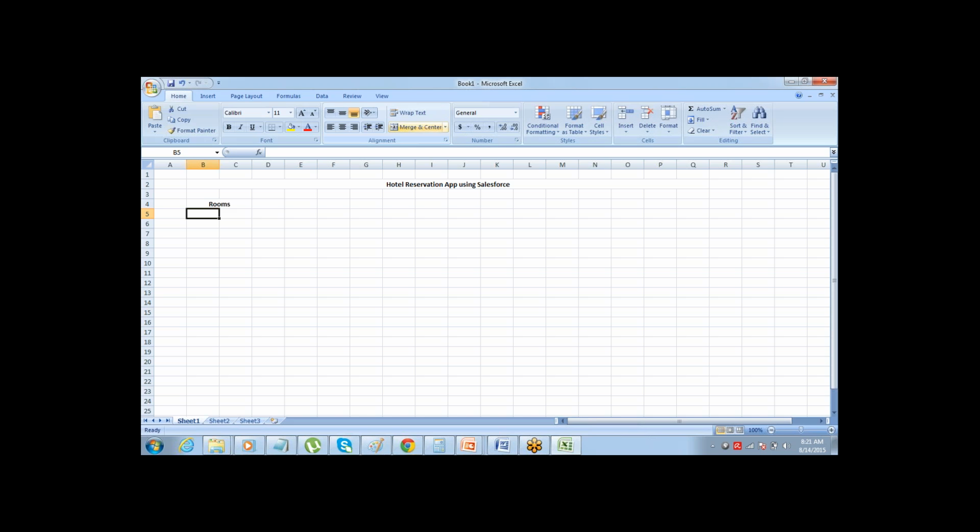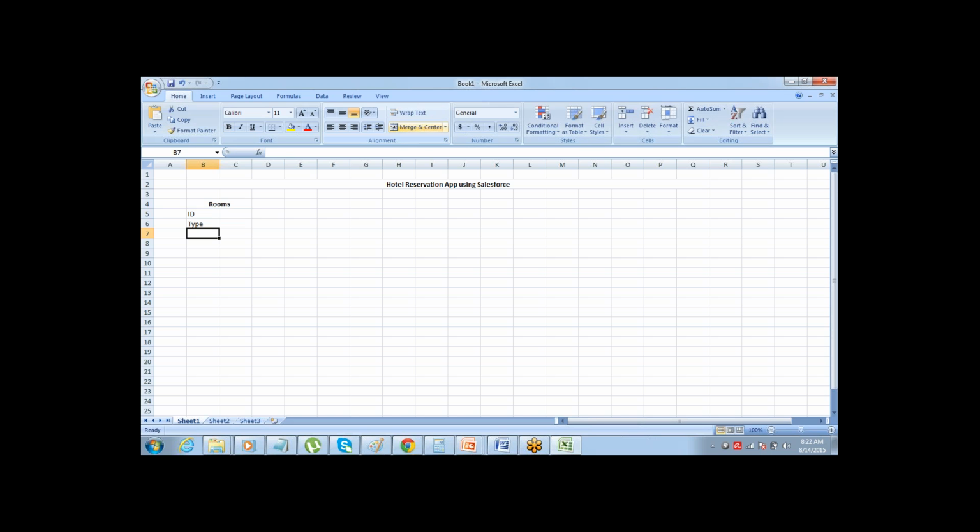All right. So let's come back to this application designing. The first table that I can think of is the rooms. I need to definitely have a table where I can track all the rooms. So there can be a room ID, that can be the room number. There can be a type of the room. There can be a certain. Arvind, what other things do you think we need to put in the room? ID, type, and